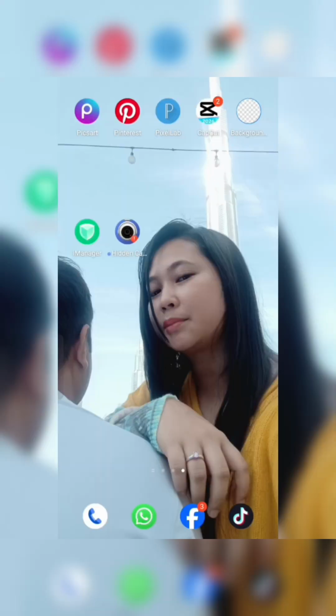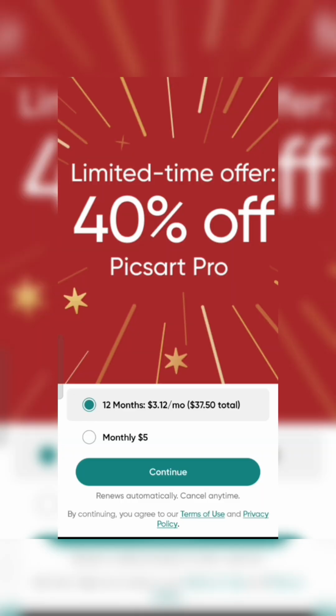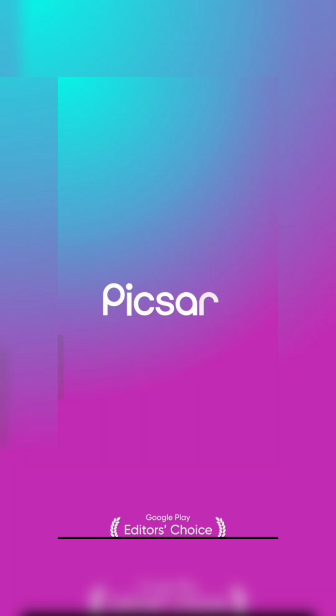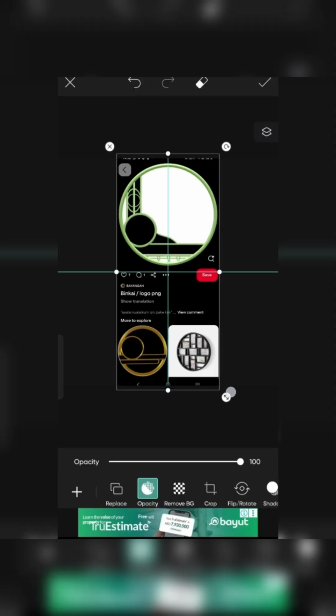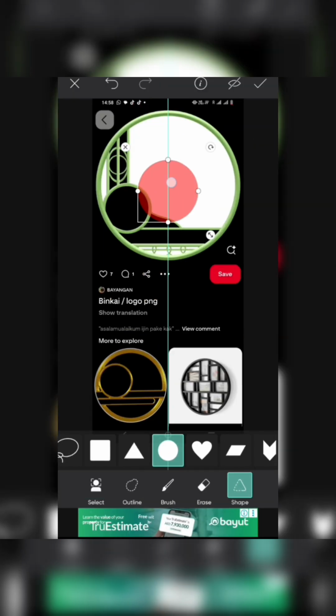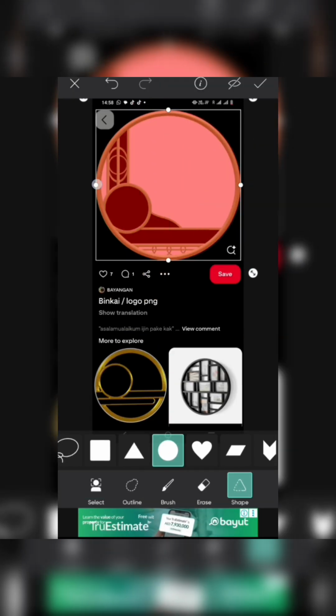Hello everyone, Assalamualaikum. Again, I start editing again one logo. I'm using PicSart, because one of my viewers asked me to do a tutorial in English. Even though I don't know how to speak proper English, I will do my best guys. Because before, I already have which picture I want to use. So this one I need to cut out.